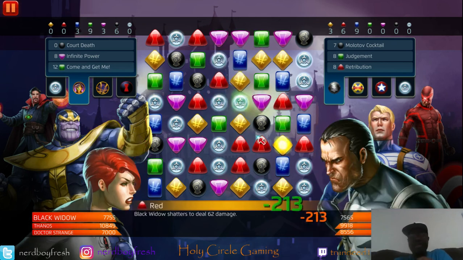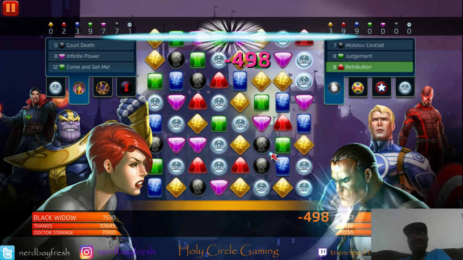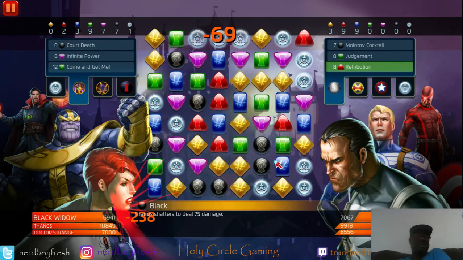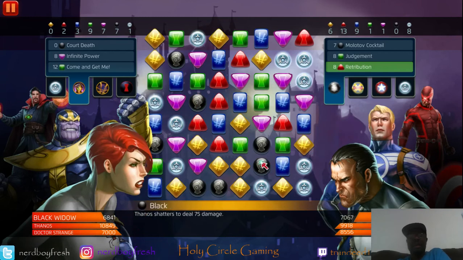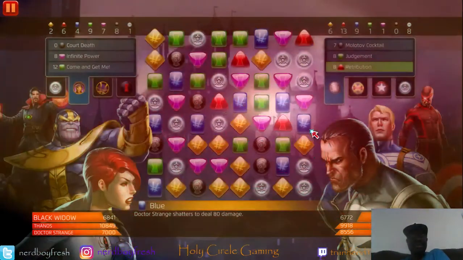Because the one thing I do have with Black Widow does give me team damage once I get enough green gems. The only problem with that is it takes a lot of green gems for her to really get cooking. But the board kind of set up for me relatively nicely for that to happen. And she also utilizes red as well. Is it going to be a stun? Yeah, it's going to be a...